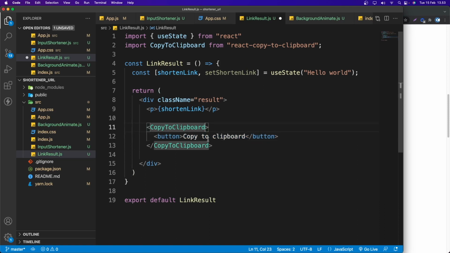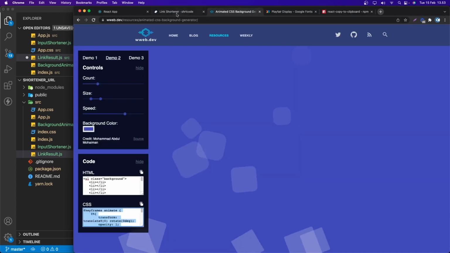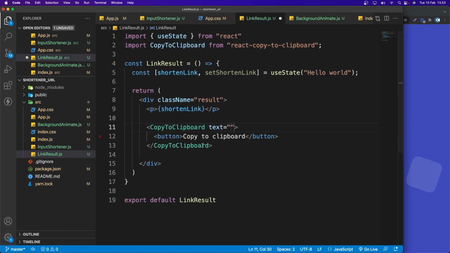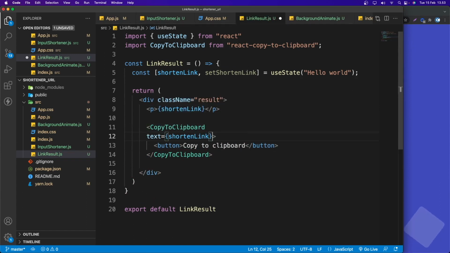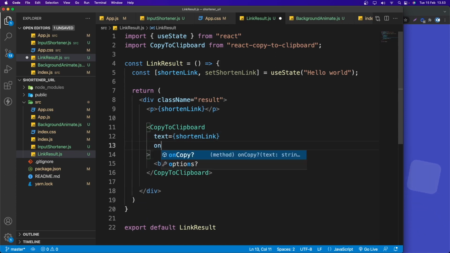In here we can say text. Text is basically the text that we need to copy when we click the button. The text is going to be the shortened link. Now let's bring it in here like so, and CopyToClipboard has another property as well. We need to say onCopy.